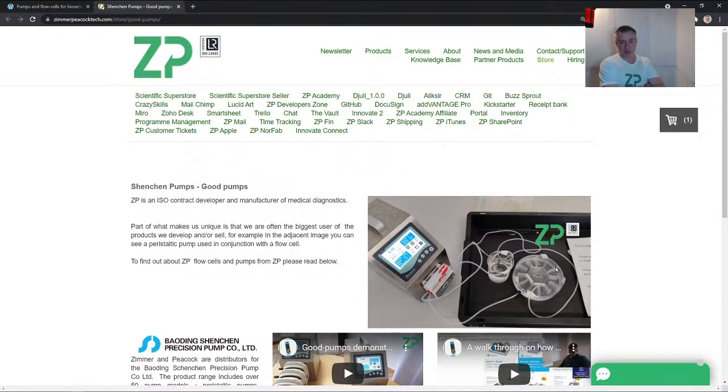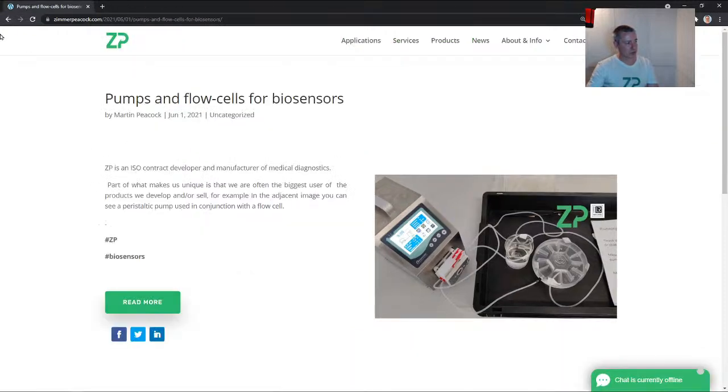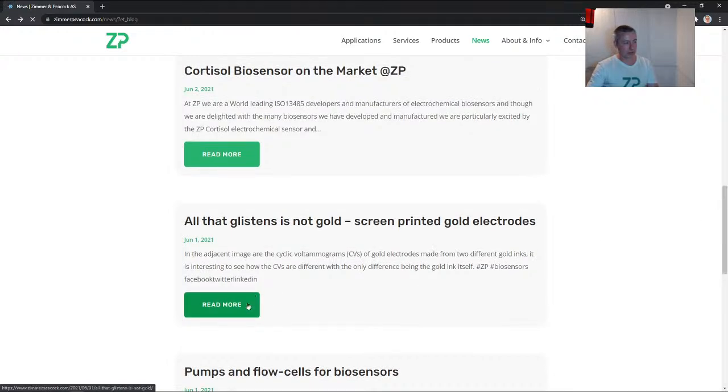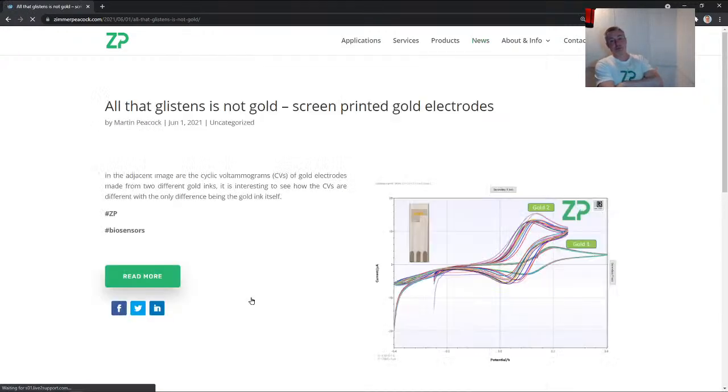Something that makes Zimmer Peacock a little bit different is, you see me and I speak, and I'm a chemist, I'm an electrochemist, but we actually have a lot of really good mechanical and electronic engineers, and they put together things like flow cells that we think are amazing, but for an engineer, these things are fairly straightforward. So we're really happy with the strength of the team. We just put a little bit of news out about a flow cell that the guys had manufactured this week. I caused a bit of confusion this week as well.